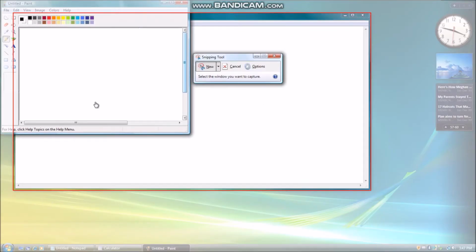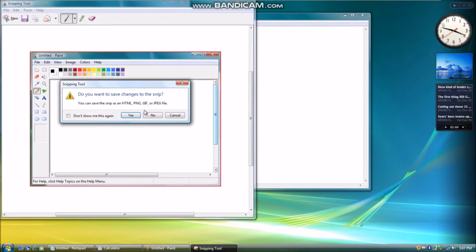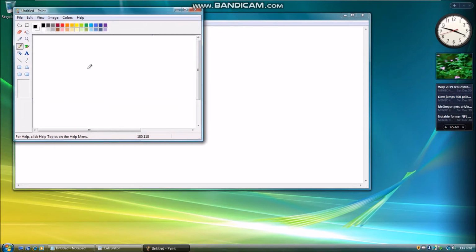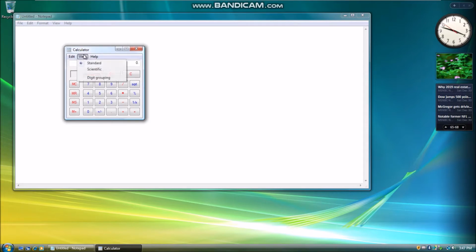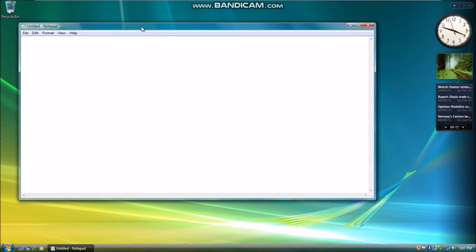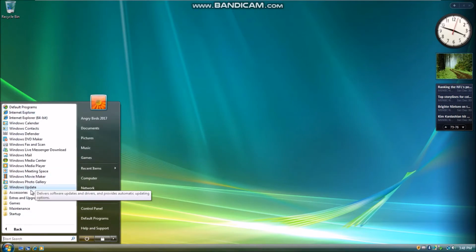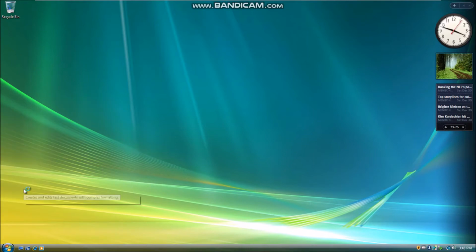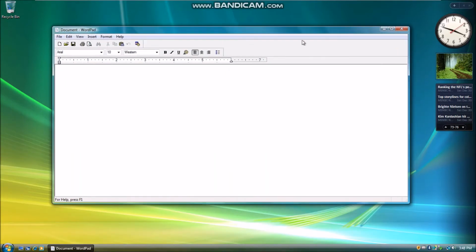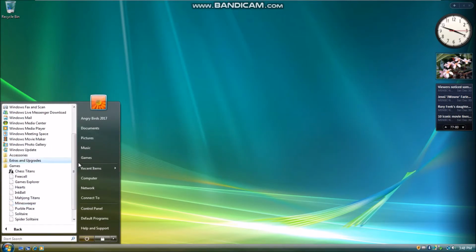Windows Snip: screenshot any window if you want. Yeah, pretty much it's good. And Paint is slightly redesigned. Calculator is exactly the same, but I prefer scientific so I can see. Let's switch back to default. Notepad is exactly the same as in every Windows version. WordPad is exactly the same. Windows 7 and later had a different look for WordPad. And for games, well,